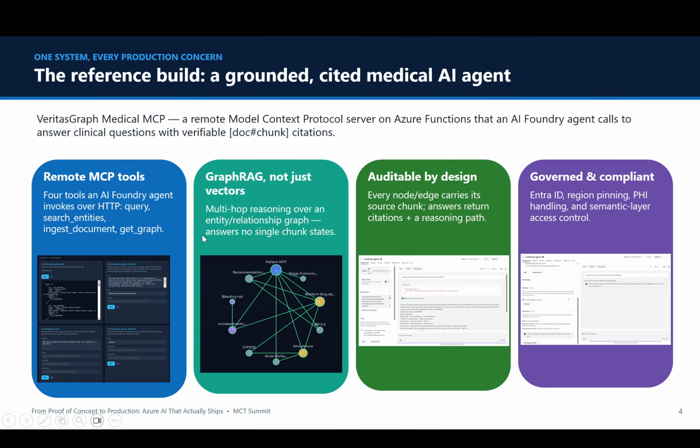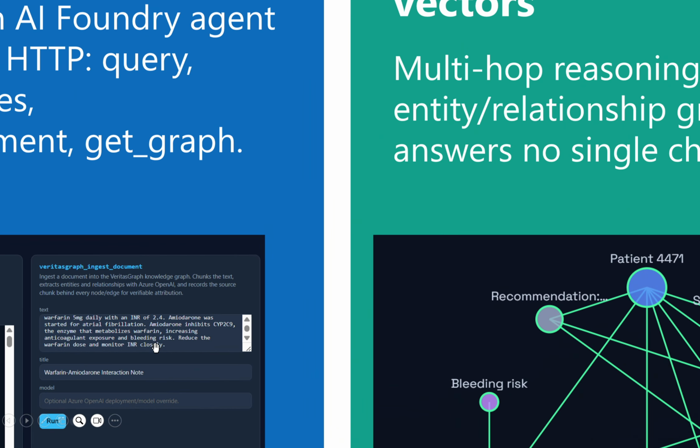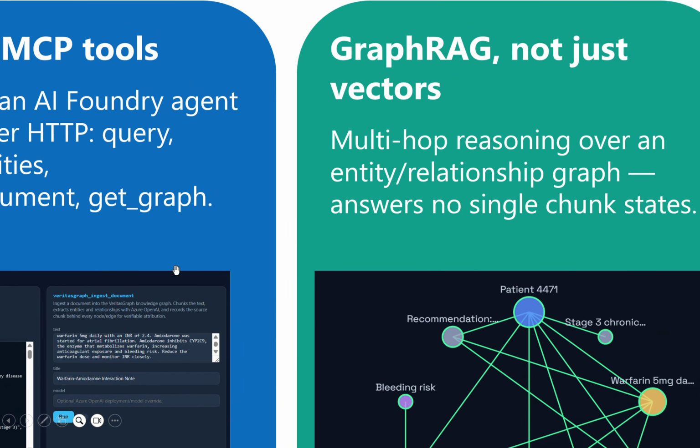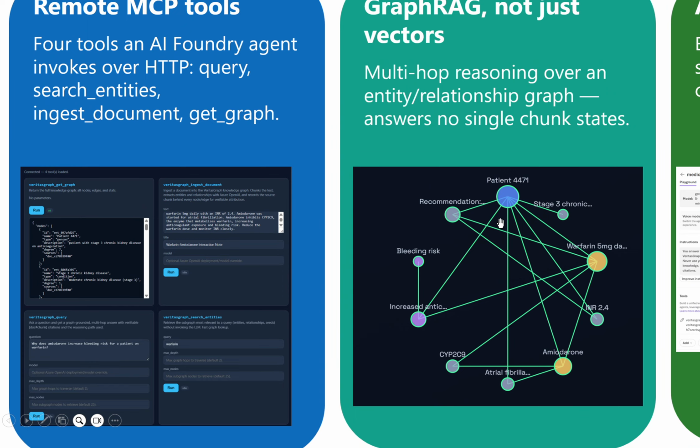So, for example, once you ingest this text using this first MCP tool, it will create a knowledge graph similar to this. This first MCP tool is using Azure OpenAI to extract entities and relationships from the text. So when a doctor keeps adding more notes about different patients, each node will be mapped to a particular document, and it will be related to the different conditions, like patient 4471 is related to stage 3 chronic kidney disease